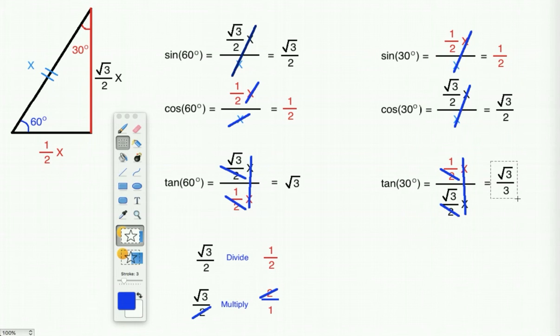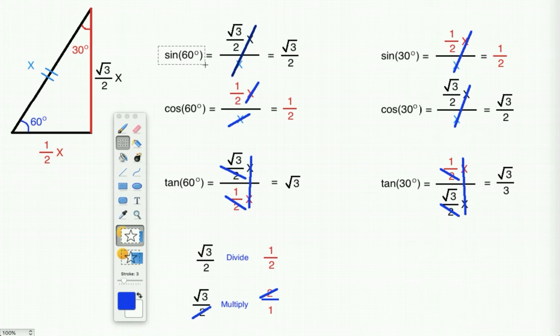So there you go. We've simplified our sine, cosine, and tangent for 60 degrees. We've simplified our sine, cosine, and tangent for 30 degrees. And here's what they equal. Two things I want to point out. One, notice that it didn't matter how long our sides were. So I started off by just saying this was x length, so some unknown length. So regardless of how long our hypotenuse is, if you have a 60, 30, 90 degree triangle,